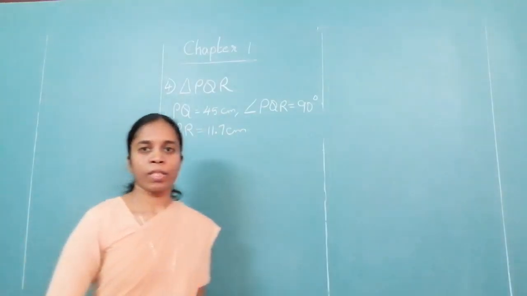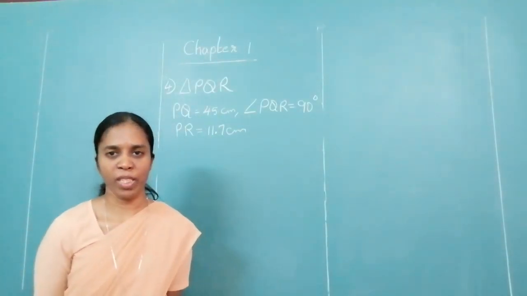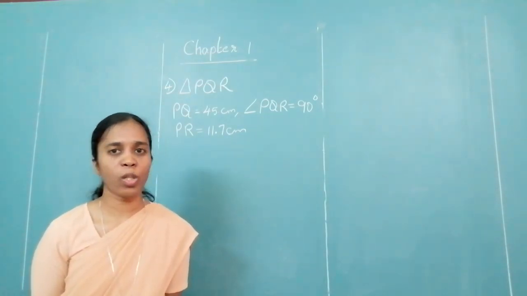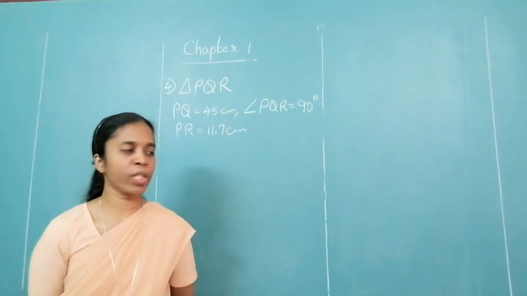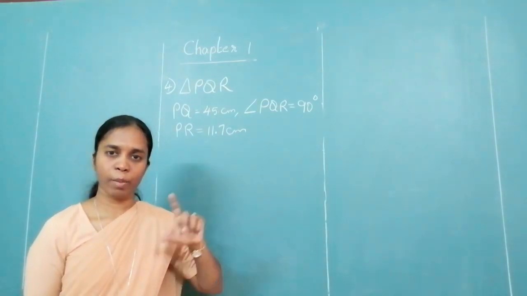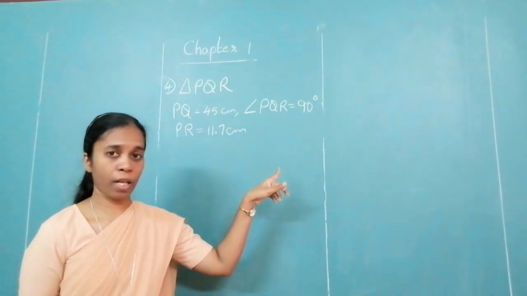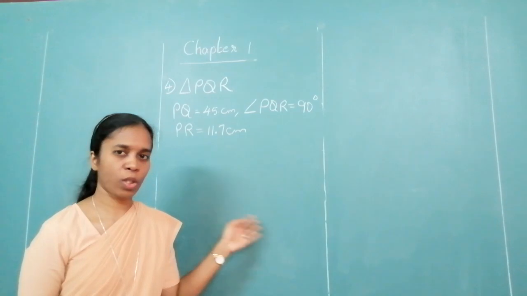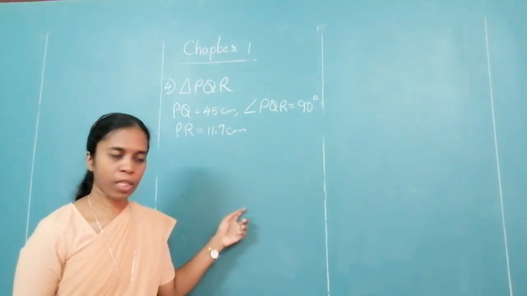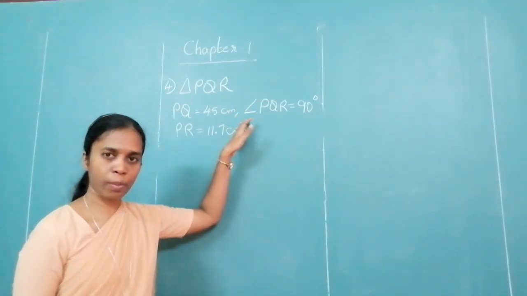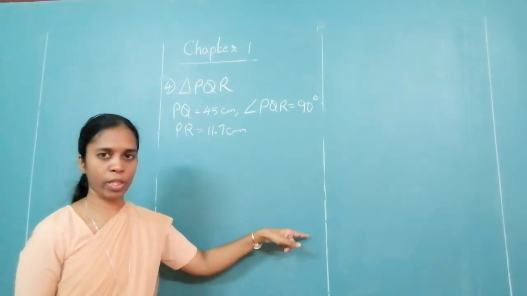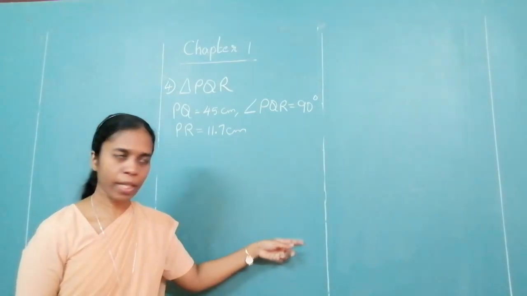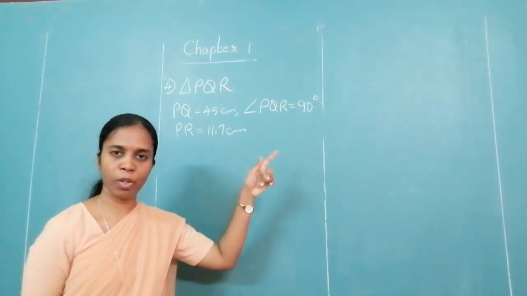We shall go for the fourth and the last type of construction. Before we go, what was the first construction? All three sides are given. How did we do it? Draw the base, take the measures on the compass, mark the arc, join them. Next, included angle. So you draw the base, where the angle is given, draw the ray, mark that point, whatever measure is given, join them. Next, included side. Draw the base, whichever side, draw the angles, the intersecting point will be the third.